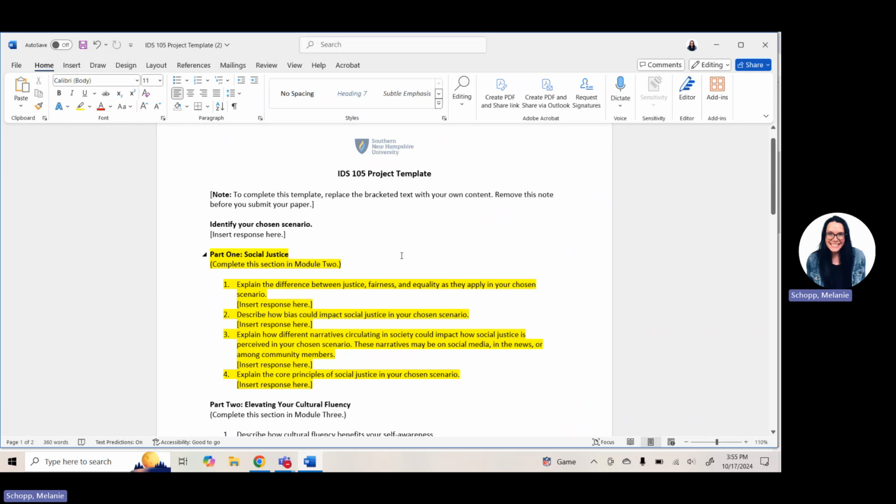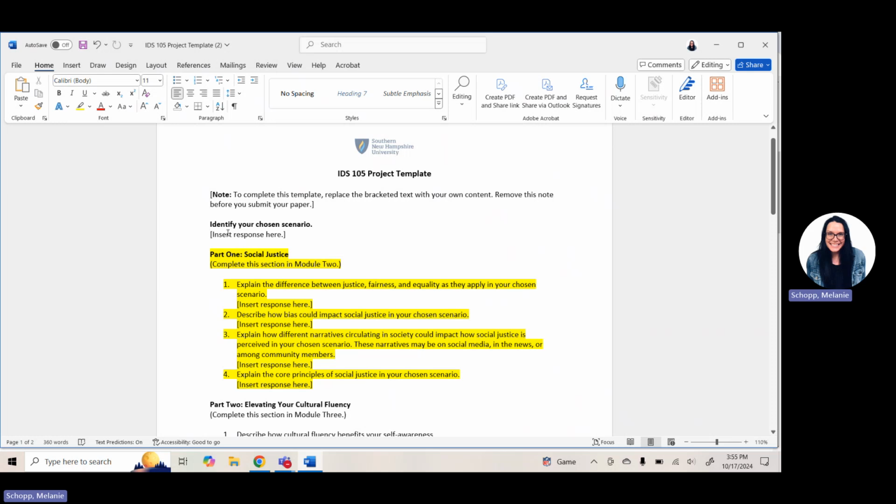So what you want to make sure you do is first you're going to pick, so identify that chosen scenario, and you're going to put that scenario right here. And you can literally just list, I created my own, personal, work, or school. Now, if you pick a create your own scenario, you do need to put the details and information about the scenario that you have created and will be using